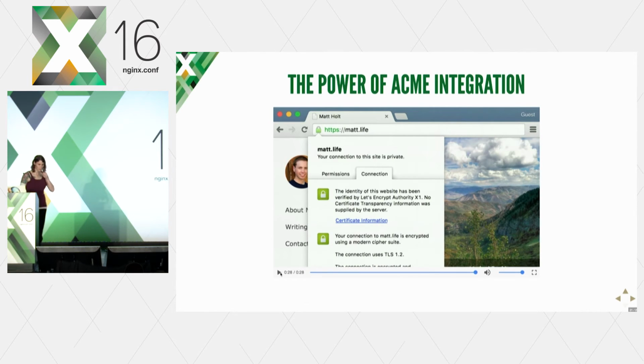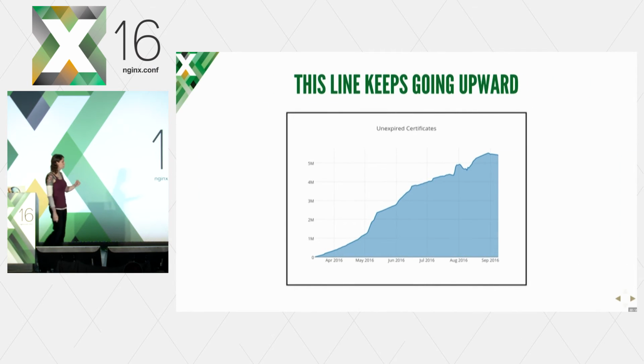Now, Let's Encrypt's public release was in December of 2015. So you might be considering, well, how well is Let's Encrypt doing? And the answer is, they're doing really, really well. There are currently about 5.5 million or so outstanding unexpired certificates issued by Let's Encrypt. This covers, I believe, roughly 9 million domain names. The reason those numbers are not the same is because a given certificate can have more than one domain name in it. With Let's Encrypt, you can have up to 100 domain names in a given certificate.